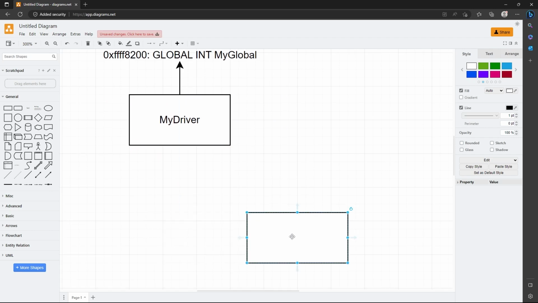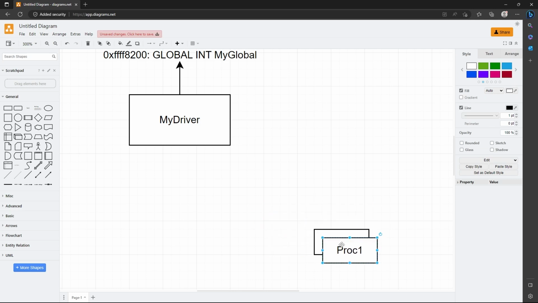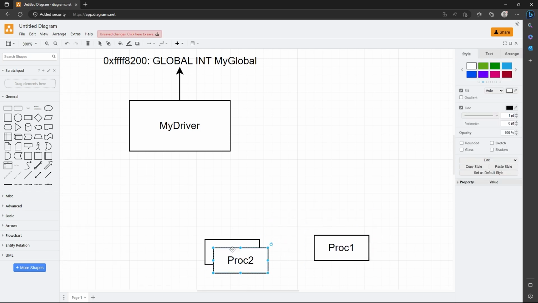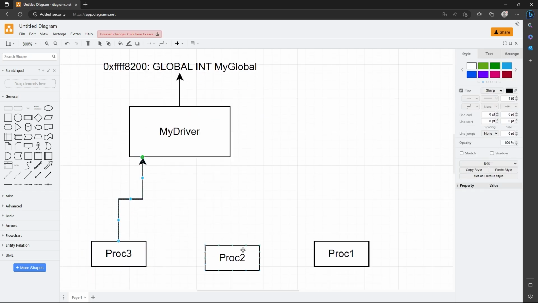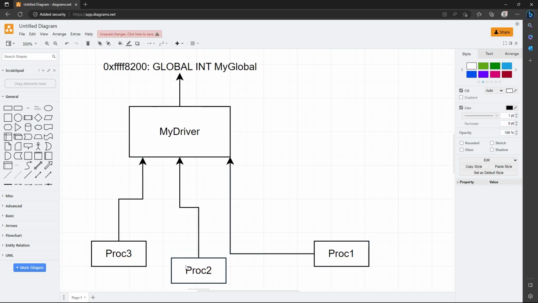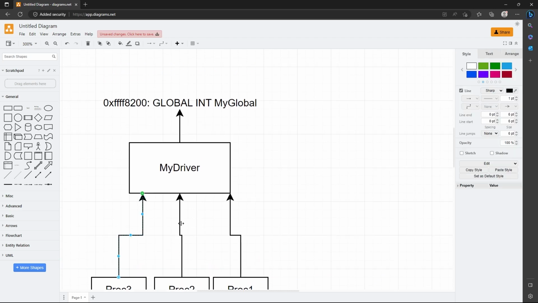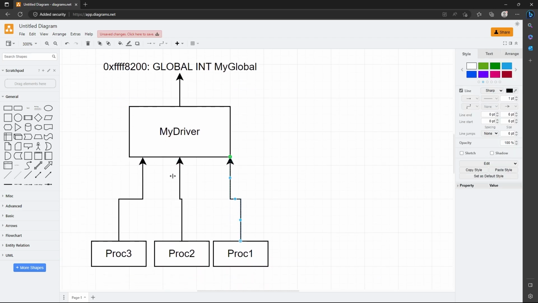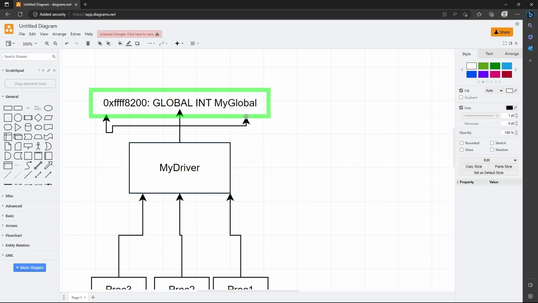Say we have proc1, we have proc2, we have proc3. If all of them fall into the driver at the same time, and I'm going to assume we're running on a machine that has at least 3 logical CPUs, it's possible that these 3 threads are executing at the same time inside the driver. And if all 3 threads are reading and writing to the same spot in memory, such as a global,